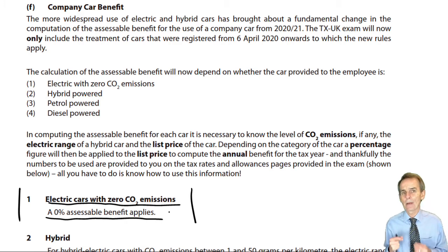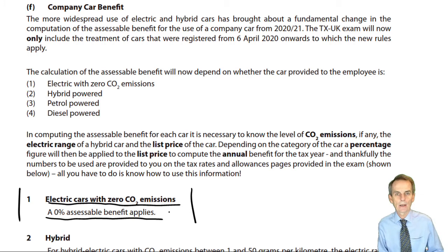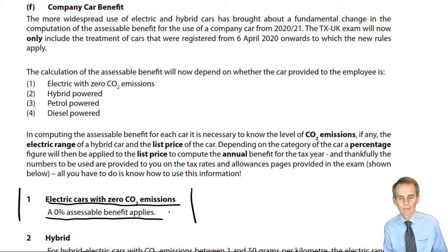Well, that has now become even more important in the context of, from 2021 anyway, the fundamental changes that have occurred. And it's accepting, of course, that from now onwards we've got rather more in the way of electric and hybrid cars. Because of that, HMRC have changed fundamentally the basis by which we determine an assessment for a tax year. So although, in reality, if you have the totally clean car, a 0% CO2 emissions electric car, then there's going to be no taxable benefit